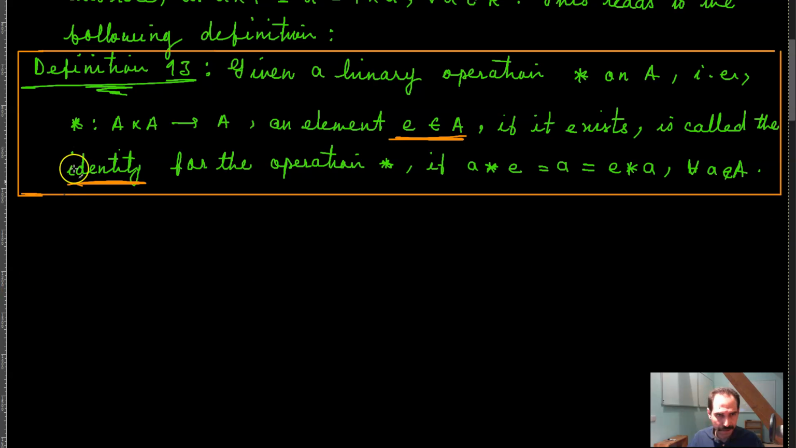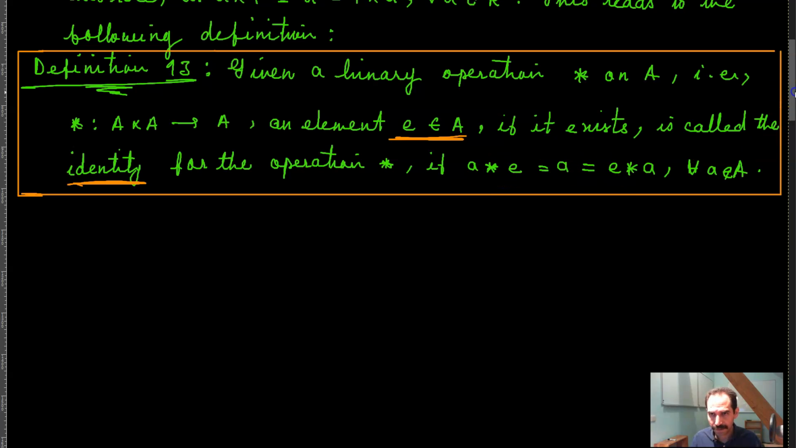Basically, after definition number 13, which was about given a binary operation star on set A, an element E belonging to A, if it exists, is called the identity for the operation star if A star E is equal to A is equal to E